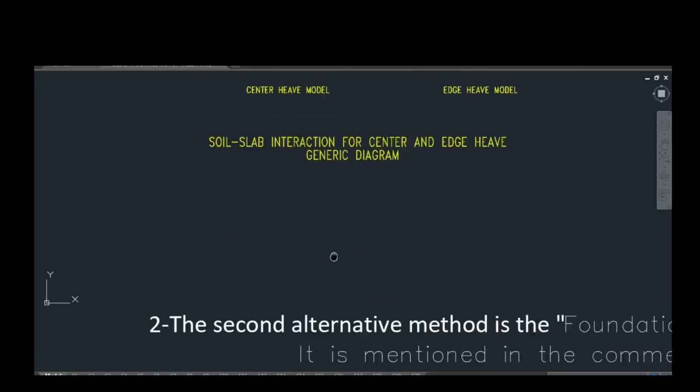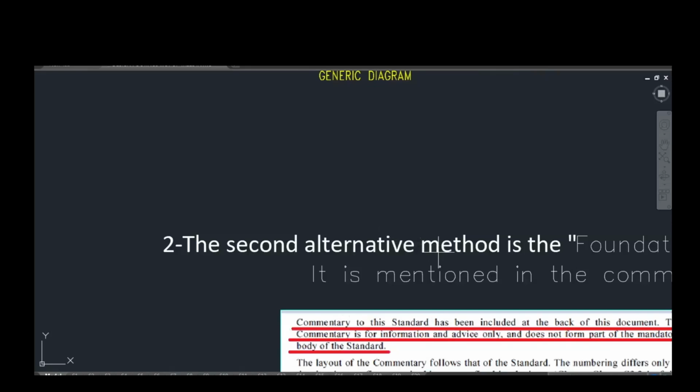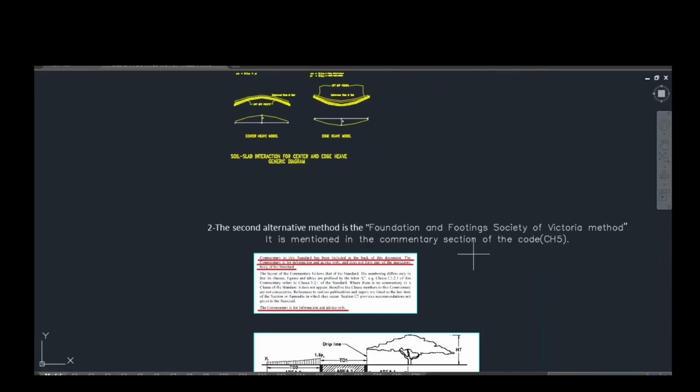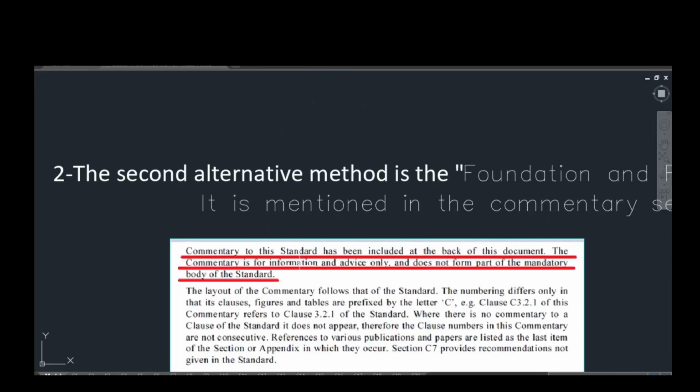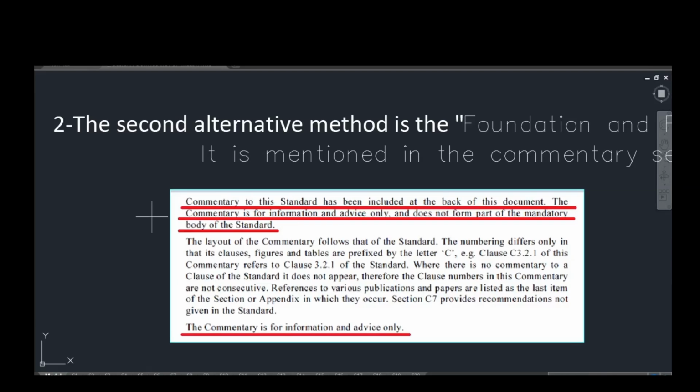The second alternative method is the Foundation and Footing Society of Victoria method. It is mentioned in the commentary section of the code. I believe it's in section CH5, page 166. Look, while it's arguable that the commentary section is just an informative section, as mentioned in the preface of the standard on page 2, I think, and does not form part of the mandatory body of the standard, at least this commentary section provides some